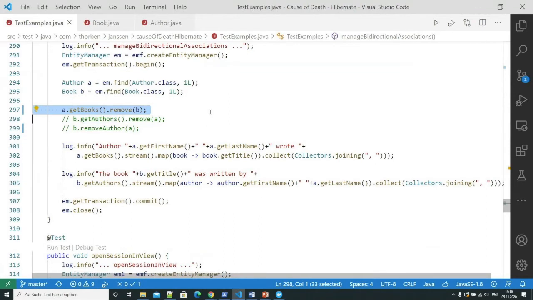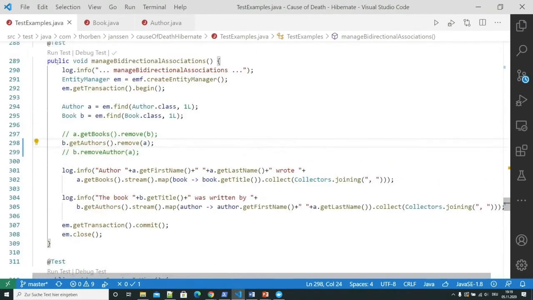First of all, our author and our book object are no longer in sync. The book has an author in its list of authors for which the author doesn't have the book in its list of written books. So we just updated one end of it. And it also didn't persist the change on the database.